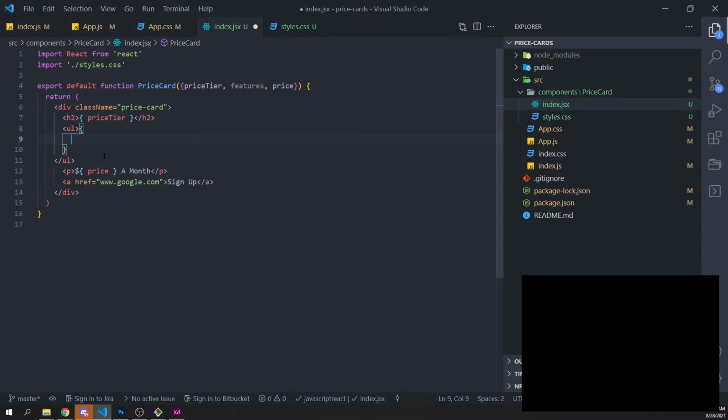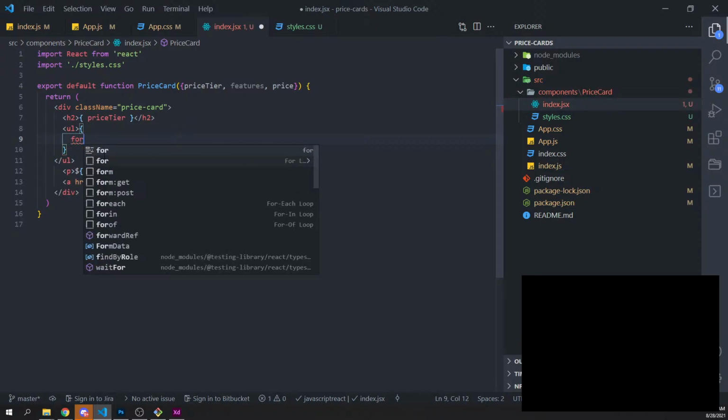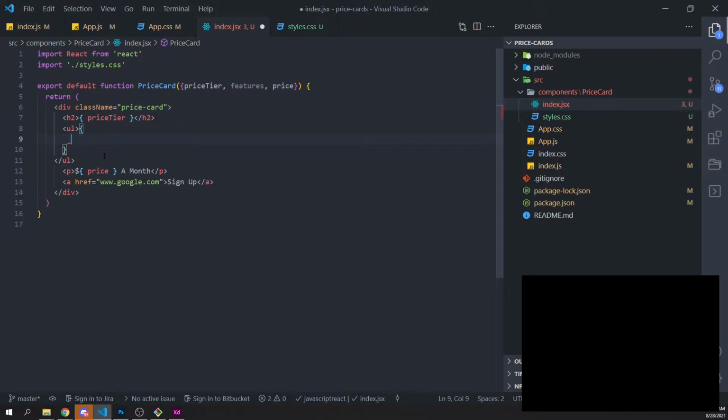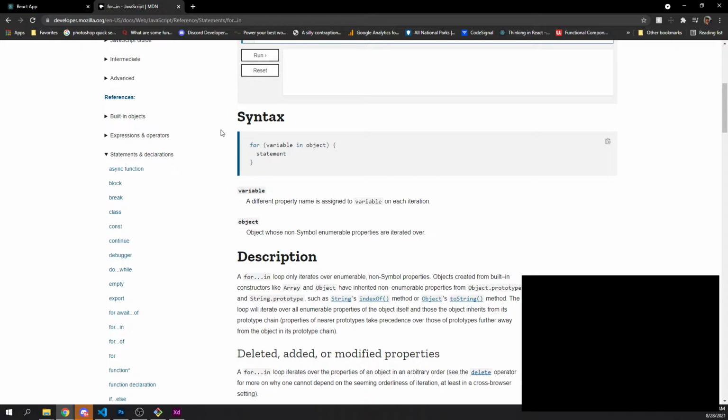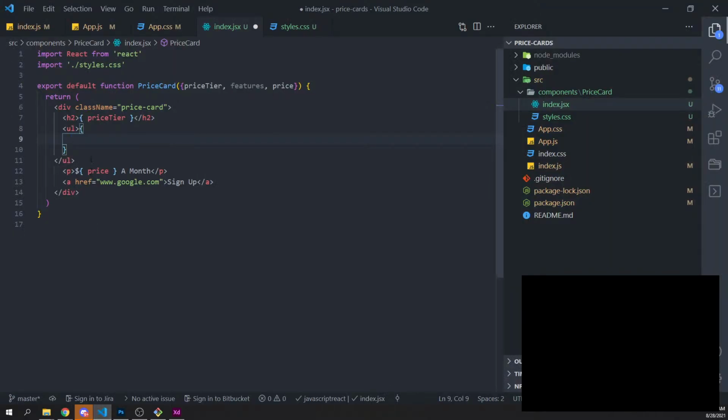If I do that, are you happy? And then if I do for... Jesus. My brain is just not wanting to remember code today. Why is it not happy about this? I've got the closing UL there, right? And we need brackets around that.